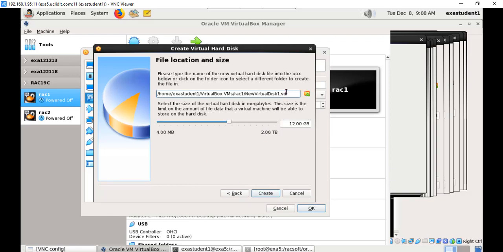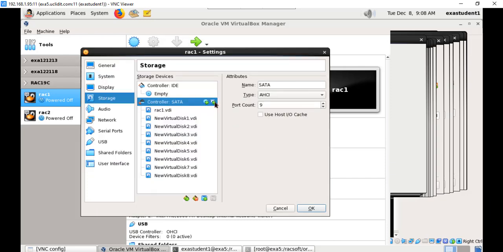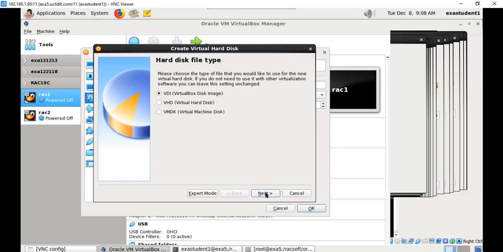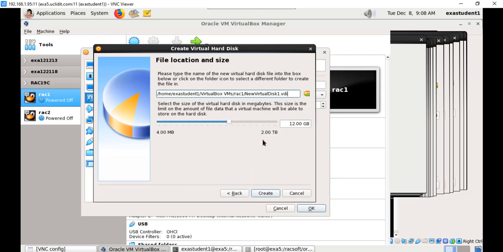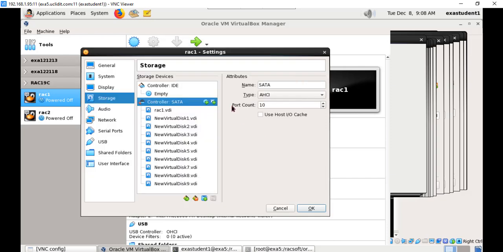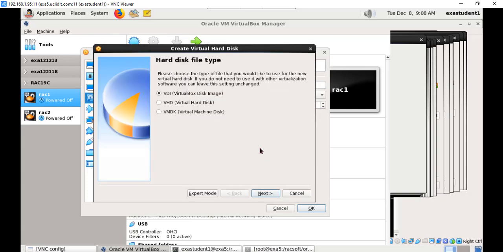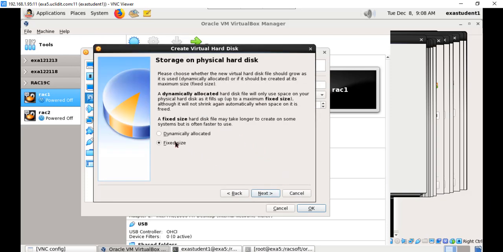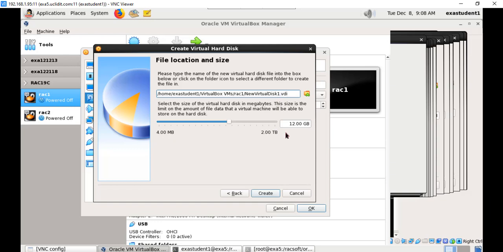Fixed size, disk number 8, 5 GB. Create. Fixed size, disk number 9, 5 GB. Create. Fixed size, disk number 10, 5 GB,